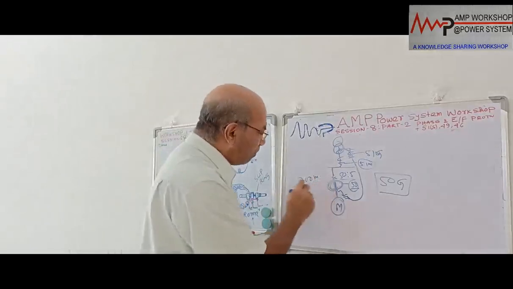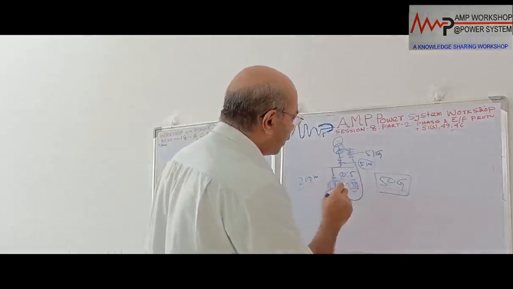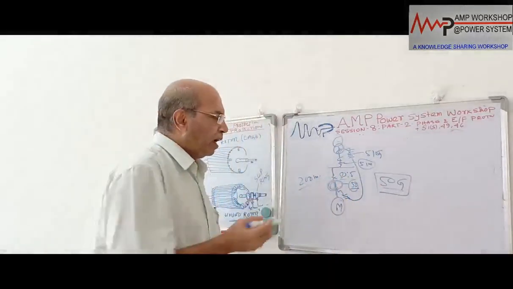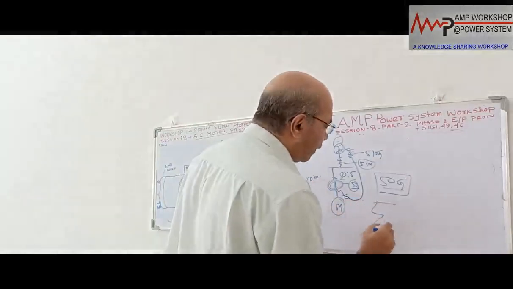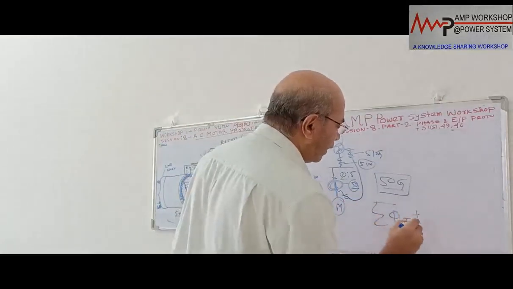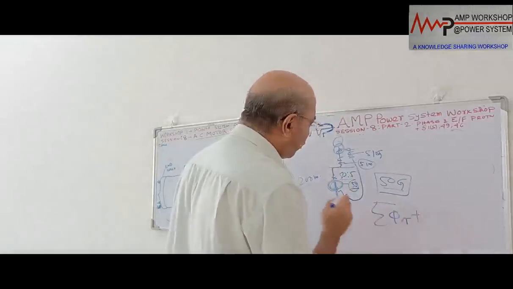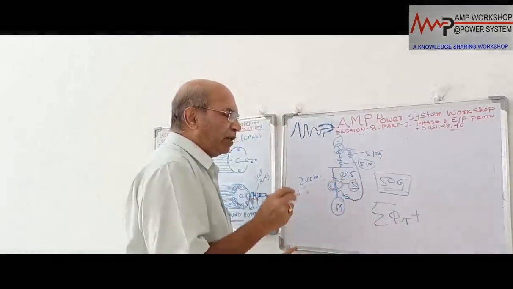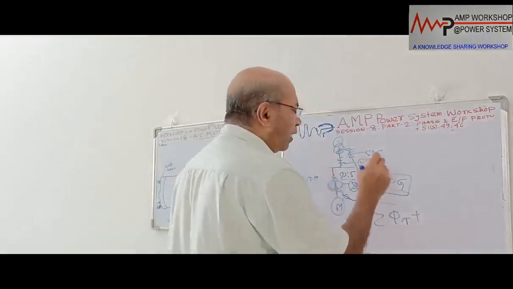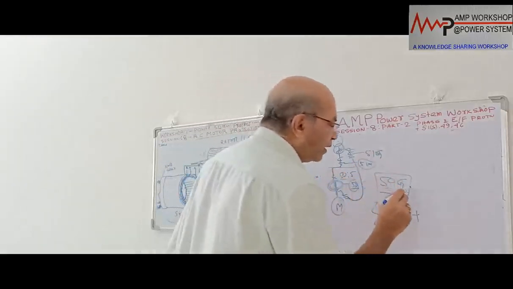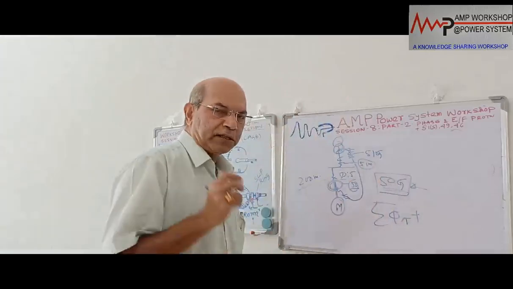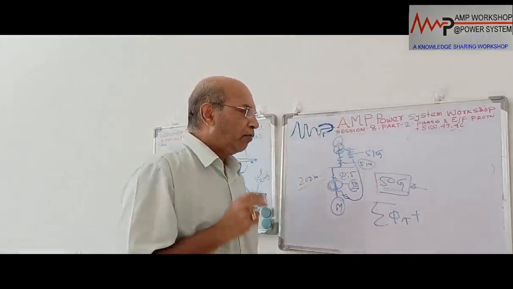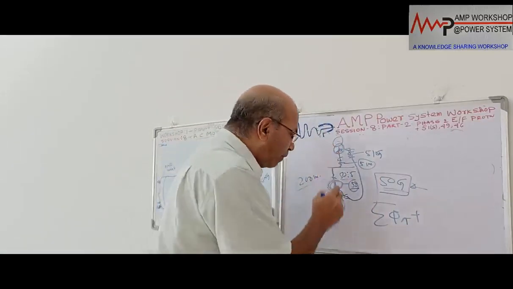If the cable can pass through this, we can provide 50G protection, which will be instantaneous, and it will work on the summation of phi A plus phi B plus phi C, the summation of the three currents. When the current is imbalanced, the 50G relay will operate immediately. For 50G we need a high fault current, because the 50G setting will be quite high. As it is an instantaneous relay, we have to take care during starting of the motor.